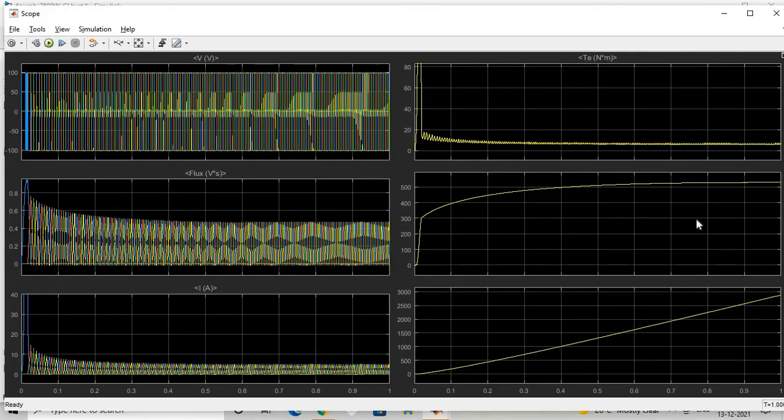If we go through the graphs, we can observe the graph for voltage, then flux. For the current, the maximum current we have considered is 100 ampere. The maximum initial shoot up current is 100 ampere, then it reduces to the normal value. Similarly the torque is maximum initially when the current is 100 ampere, then it reduces. The speed reaches the maximum of 529 rpm, and the angle goes on increasing.